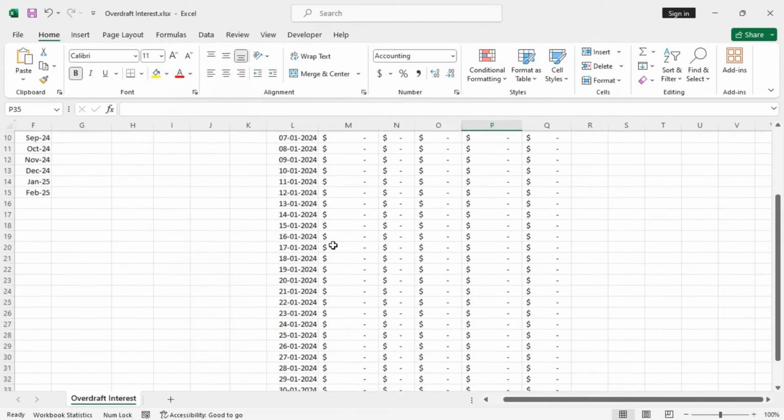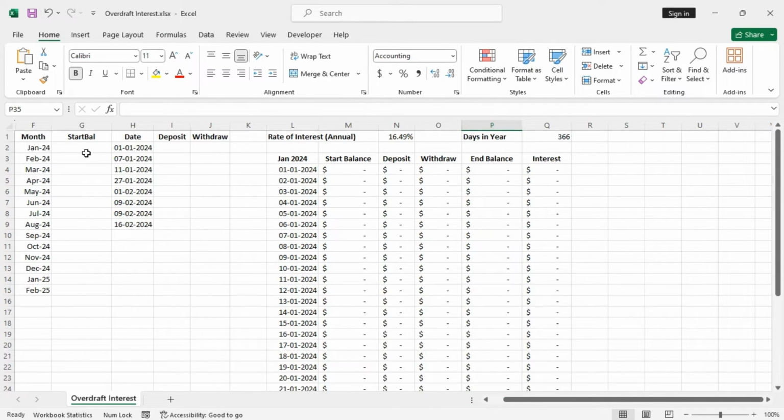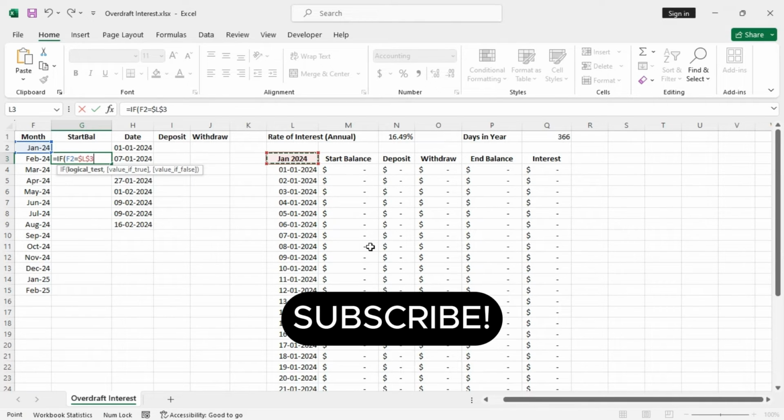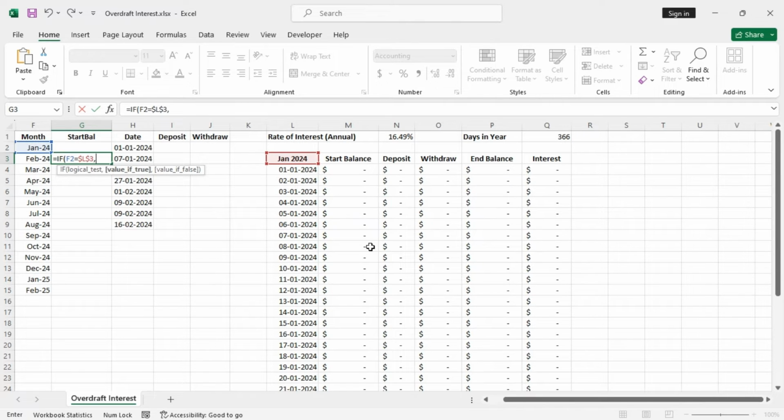Now for now keep the first month empty, and then for the second month use this formula, equal to IF the previous month is equal to the current month. So this one, let's fix this. Press F4 to do that. Then we will run a VLOOKUP operation. So VLOOKUP,